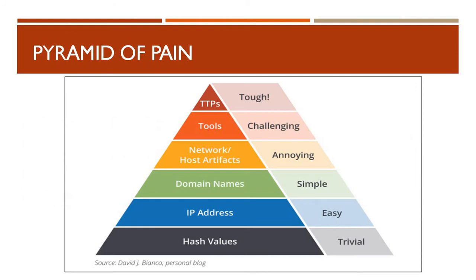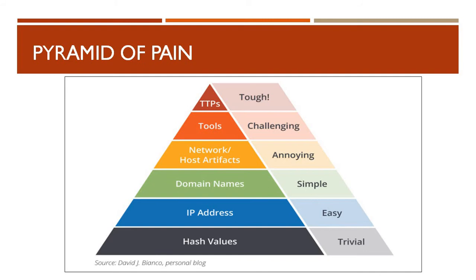Now, here is the pyramid of pain, which is again defined by Mr. David Bianco, and it defines a pyramid of pain with respect to the threat hunting approach which a person carries out. The lower base of the pyramid of pain is much easier or trivial, you can say. And once you move higher up to the top of the pyramid, the pain continues to grow. That's why it is known as the pyramid of pain. The topmost position is the most painful one if you need to identify any kind of anomalies using those techniques. So let's start with the base one, hash values.